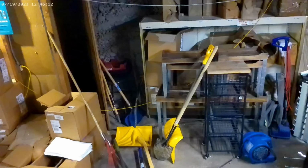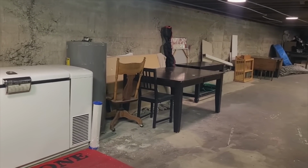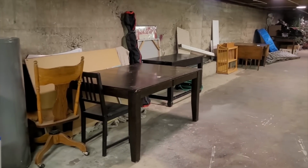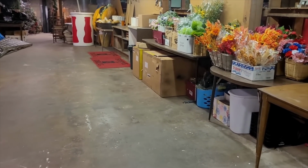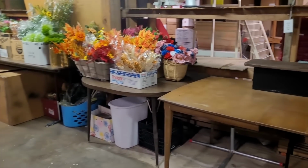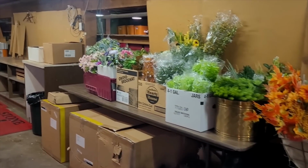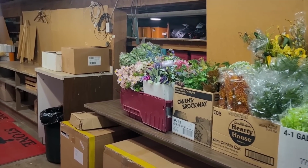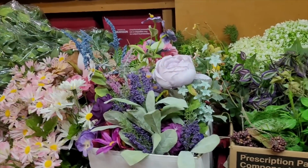Okay, here's the before and afters of this area. And then I'm just going to give you a tour of the entire basement. I didn't show you every single area I cleaned on film, but I think you're probably getting bored of the pharmacy basement. So we're going to move on, and I will just show you the whole thing all organized and some kind of fun little things that they did for